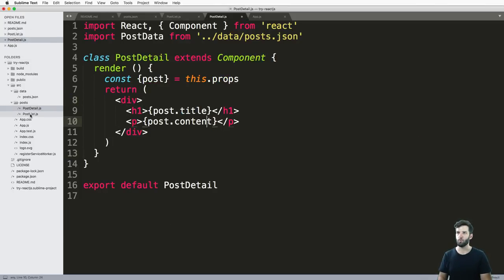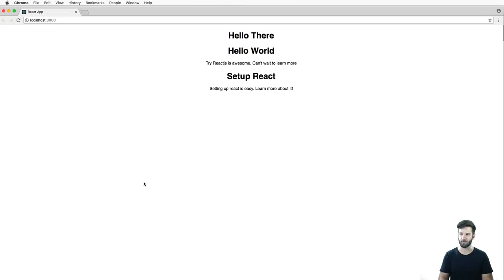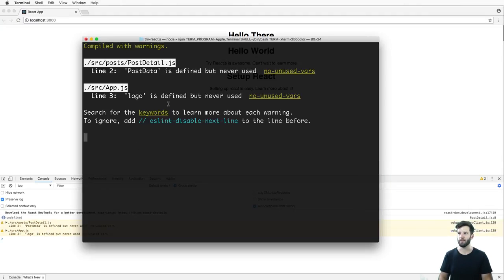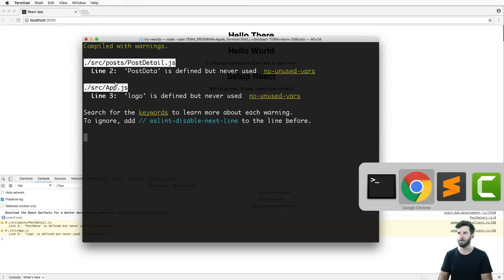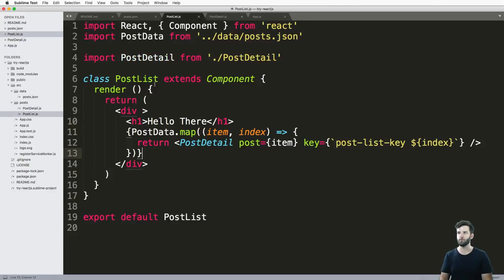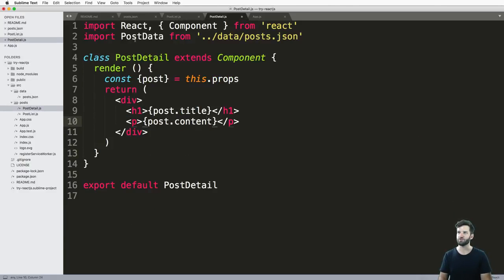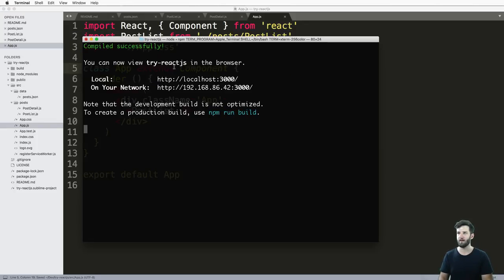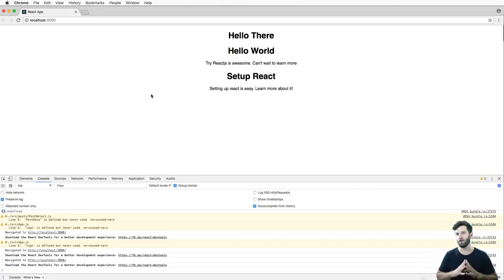Okay, cool. So we also saw some errors in the JavaScript console with Command-Option-J. We'll open that up. We see these two things here, right? We're getting some errors there, and we're also getting some errors in this terminal. These are not actually errors, they're just warnings saying we should get rid of things that we don't need. Something else that's really, really nice about working in React is it will tell you when you don't need something. In the post detail, it's giving us this post data. We don't need it. So what do you do? You just get rid of it. In app.js, we don't use logo, or we really don't use the CSS either, but let's go ahead and get rid of that as well. So we save that. Now we have no errors and our app is looking